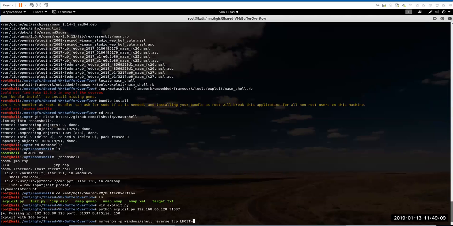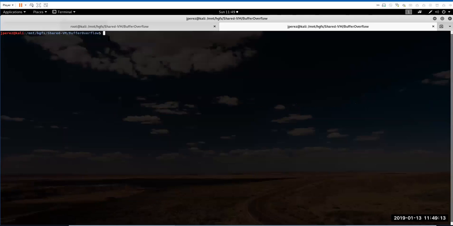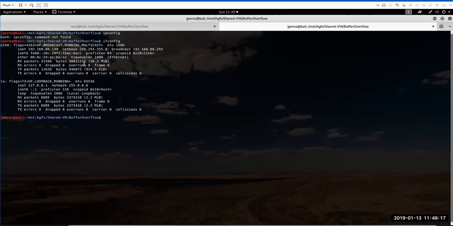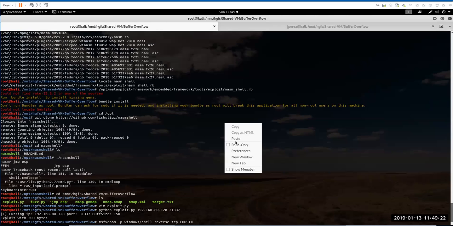LHOST equals, I don't know where my localhost is, but let's just investigate it really quick. Okay, and then it's my localhost. And then local port, let's do